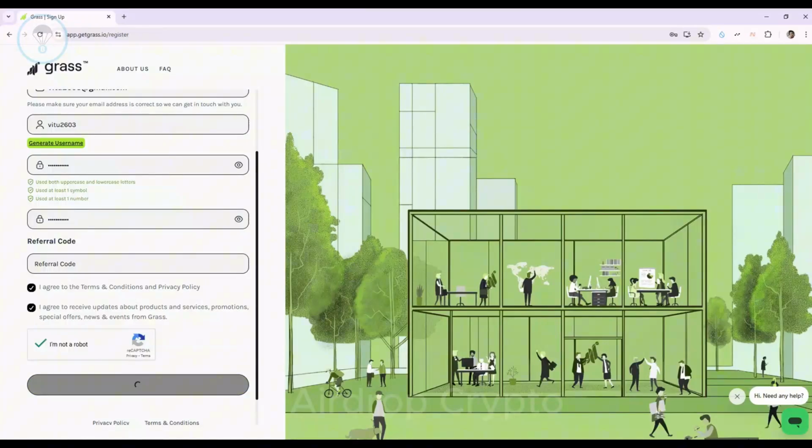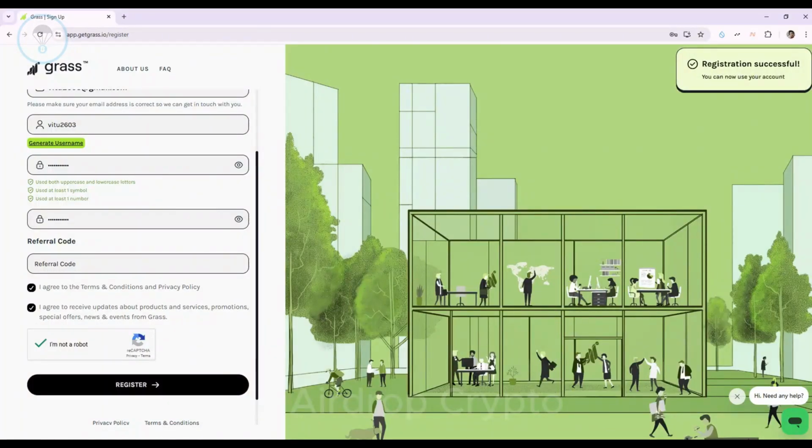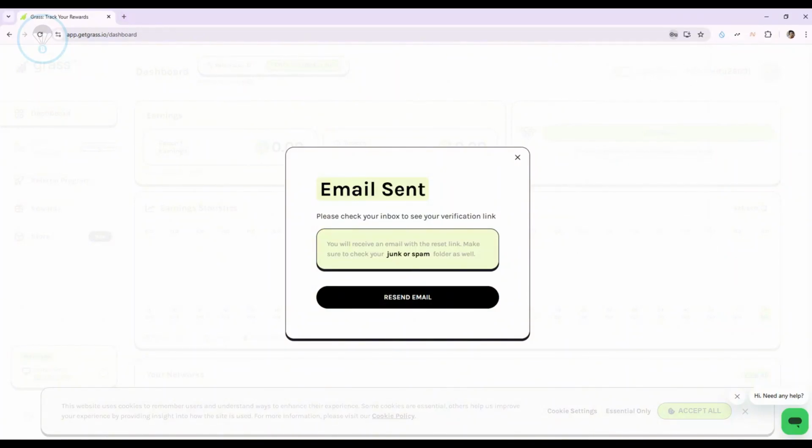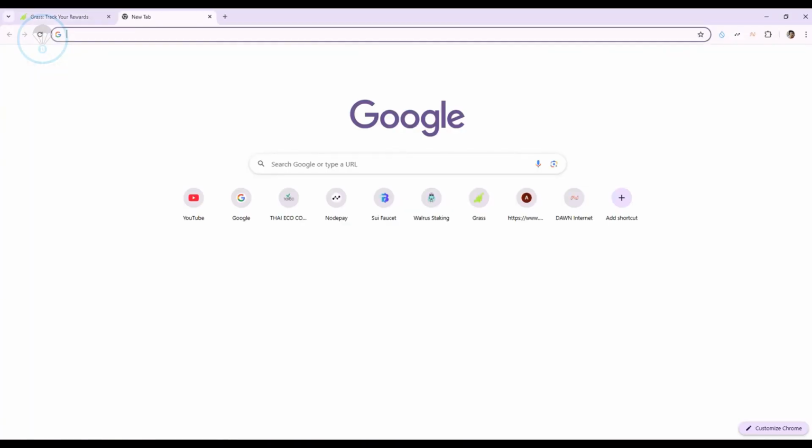Once complete, select Register to create an account. After successfully registering, check your email to activate your Grass account.